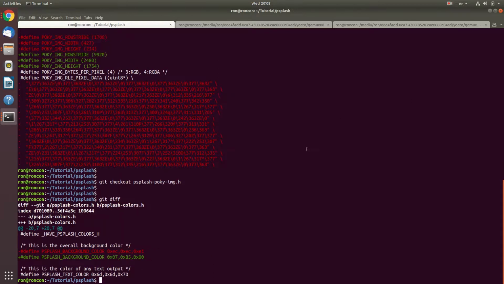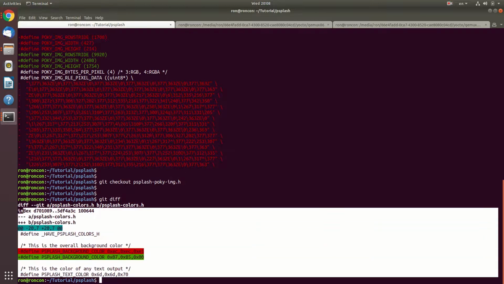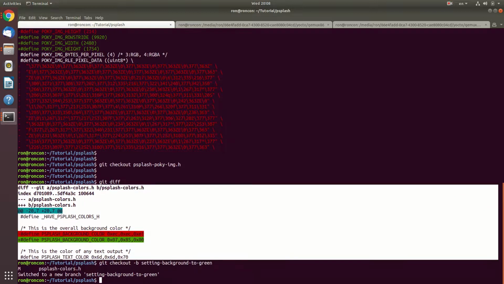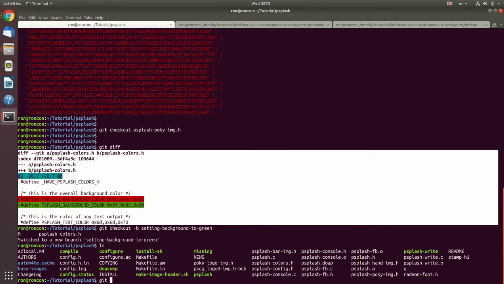Now, let's be honest with you. We can go do now git diff and then redirect it, and that's it. We can put this file in the files directory as a .patch file, very important. But what we're going to do is we'll do it the proper way. I'm going to git checkout -b setting background to green. That's what I'll do. I will add psplash